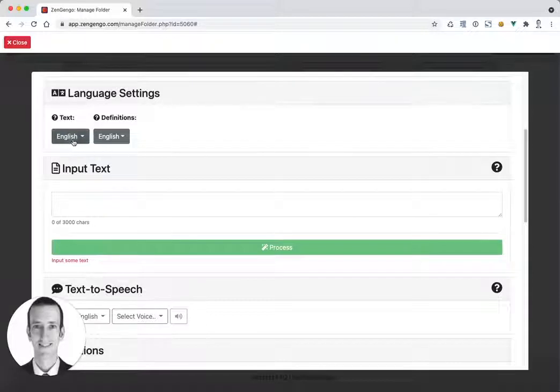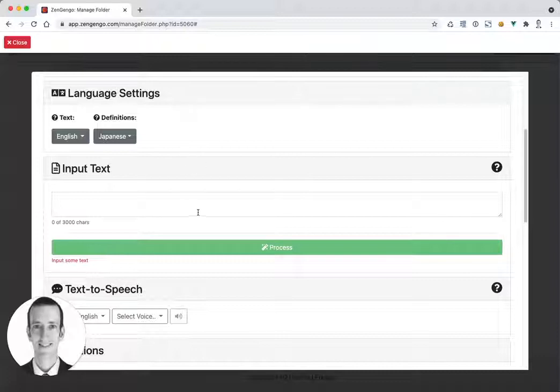In the next section, we can specify the language of our text and the language of our definitions. Okay, so we support 4 different text languages right now: English, French, German, and Spanish. But we support many different kinds of definition languages, for English at least. For the other languages, we also support the same definition languages. Okay, so I'm going to choose English as my text language, and I'm going to choose Japanese as my definition